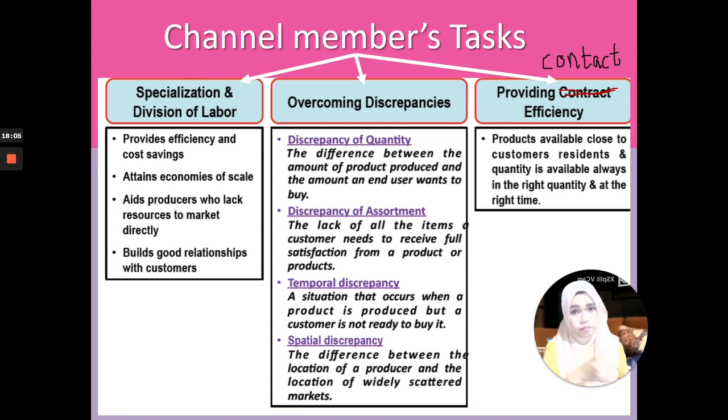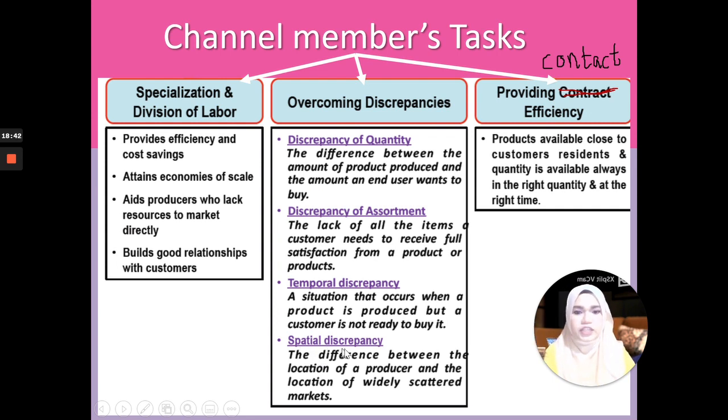When do you think the farmers start to make sure that all their mandarin trees will be fruiting, ready to harvest? It's not like by the end of the year when you are about to reach the Chinese New Year. No, typically they will make sure that those fruits are ready to be shipped from China, from everywhere around the world, to reach all the markets by the time it is ready for the consumer to buy the product. So that is temporal discrepancy.